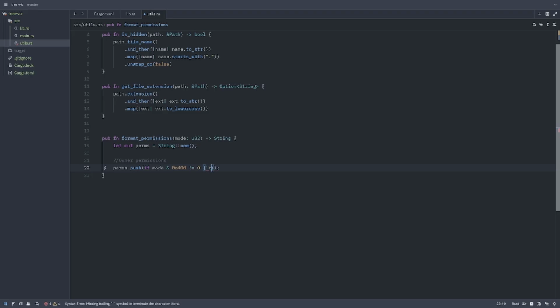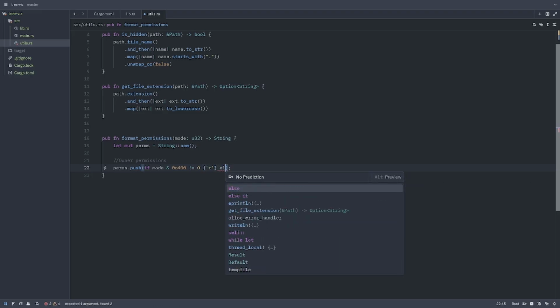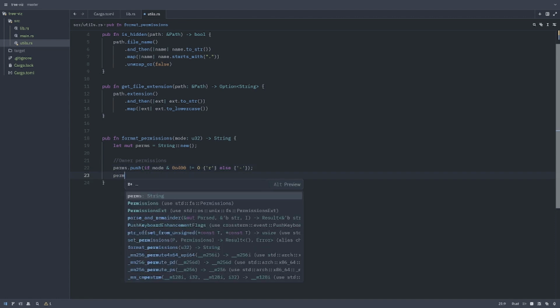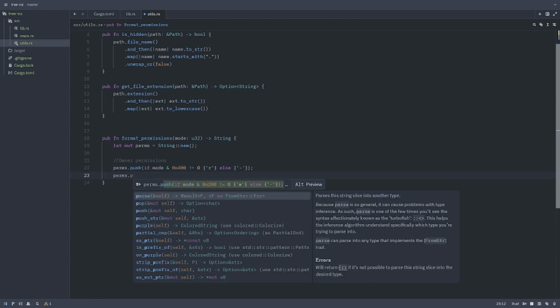It will have read permission, else nothing. Else nothing means directly a dash. First of all, I want to check if it is zero or not. Yeah, this is zero. Perms dot push